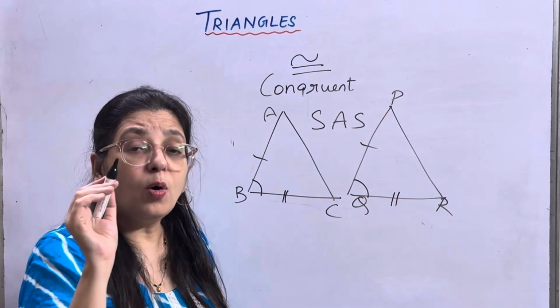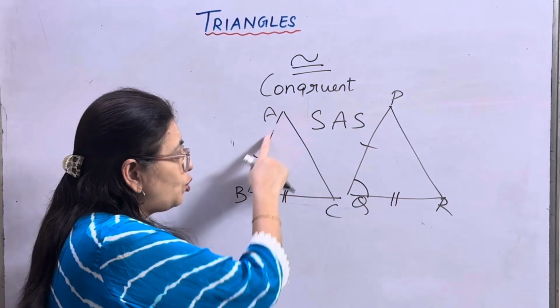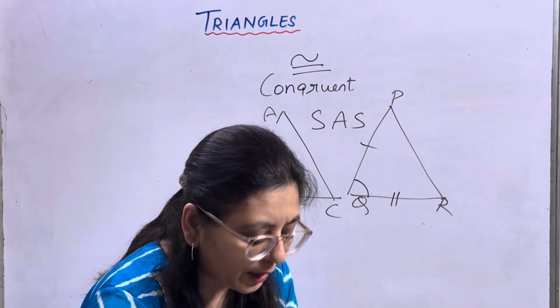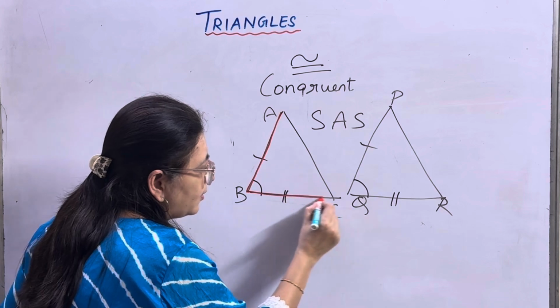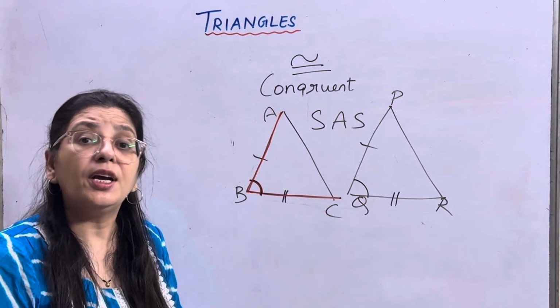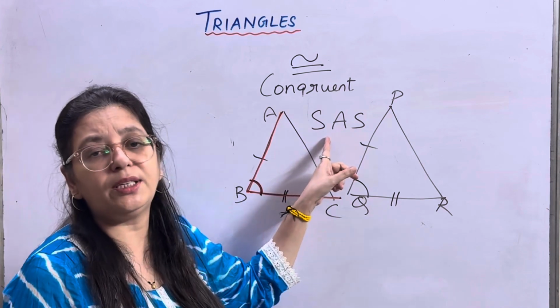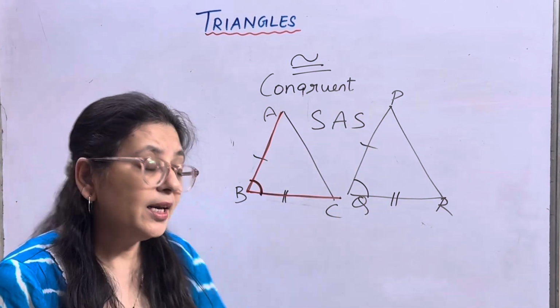SAS test. Always remember children, you all make mistakes. Here the angle has to be the included angle. What do you mean by included angle? See, this is one side. This is another side. This is the included angle between both the sides. If that is equal, then only are the triangles congruent by the SAS test. Okay, next comes